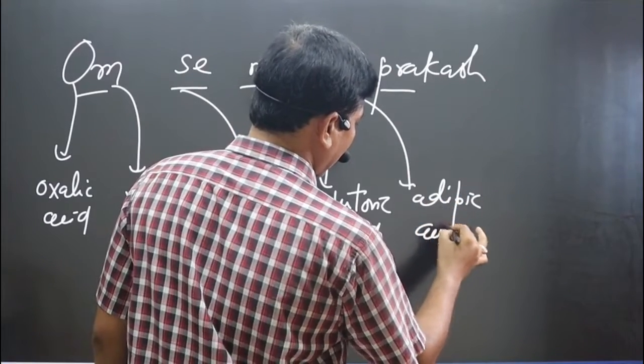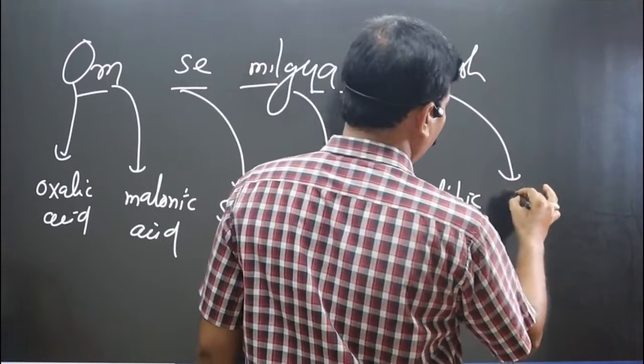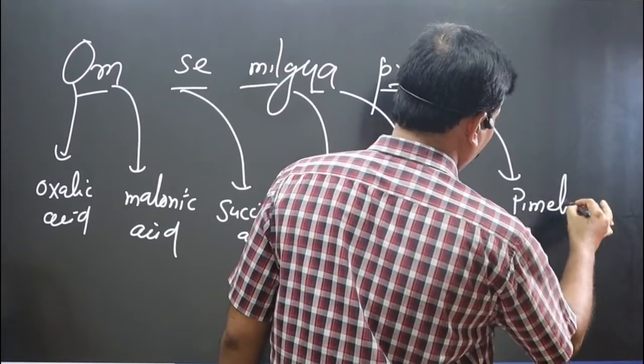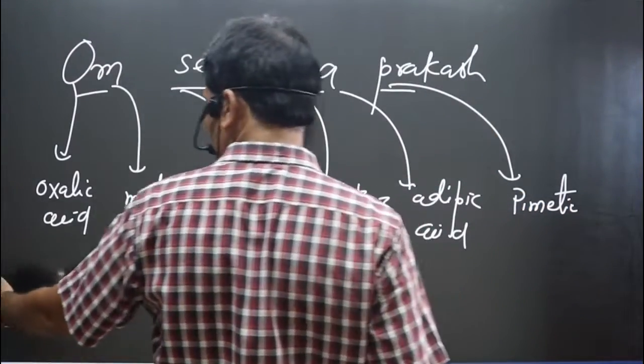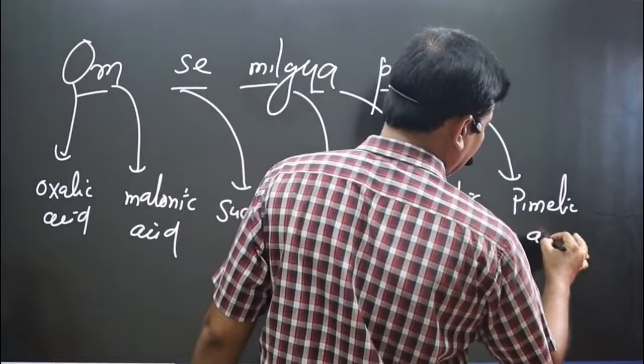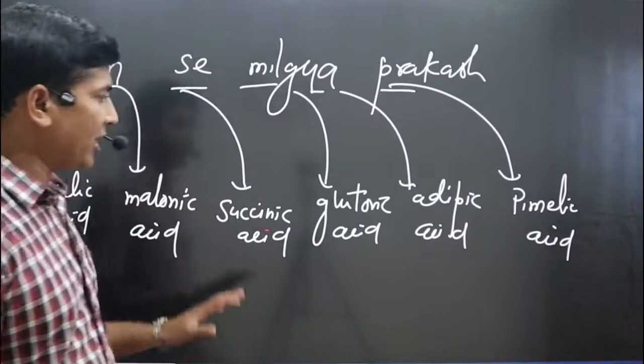And in the last, from P you can get pimelic acid. Very interesting. We have pimelic acid. Okay, so these are the 6